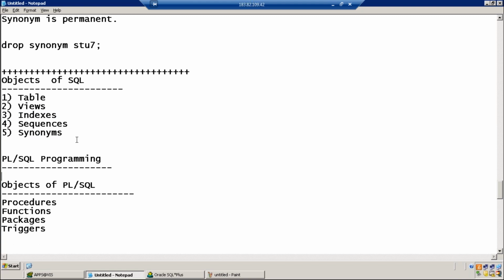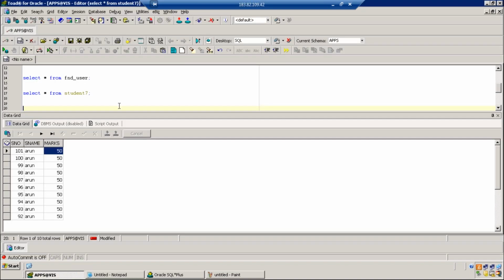When you go back to Toad, you have the desktop SQL, PL/SQL, XML options.